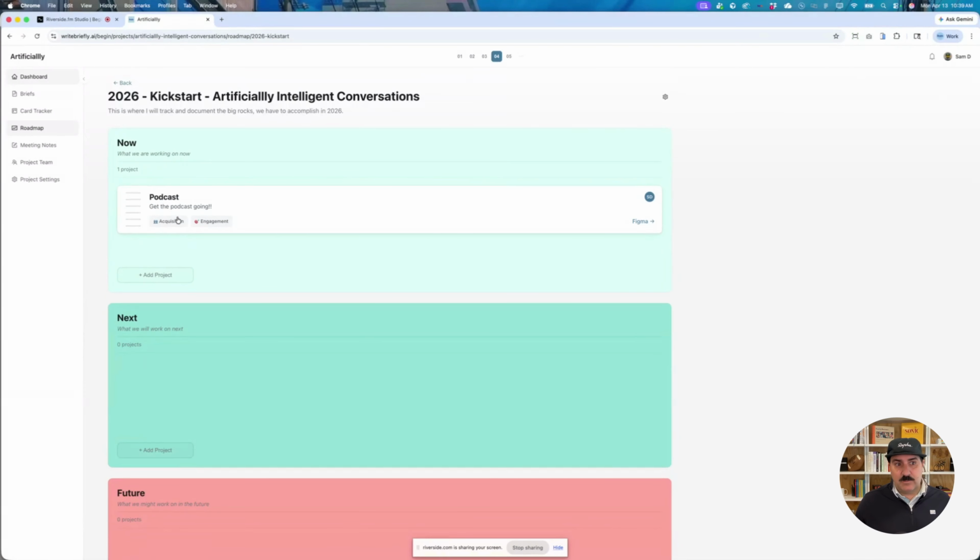So, other things that we have to do some more table conversations. And we're doing an event, so I put the event in next because there's a lot of planning that needs to go there to make sure we're doing that right. And then now I might add the table conversations because those are a pretty easy invite to get 10 people around a table. So that's how I would manage this roadmap.